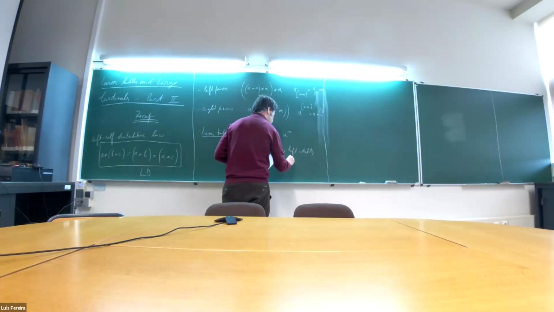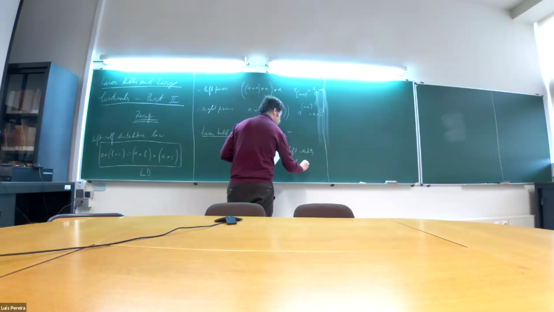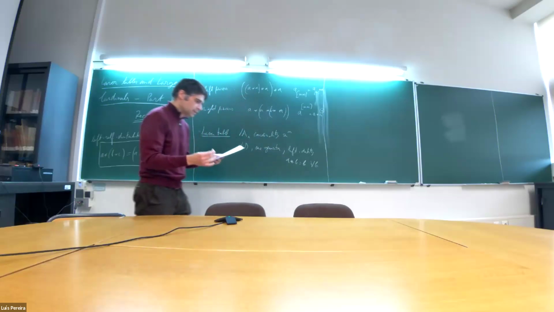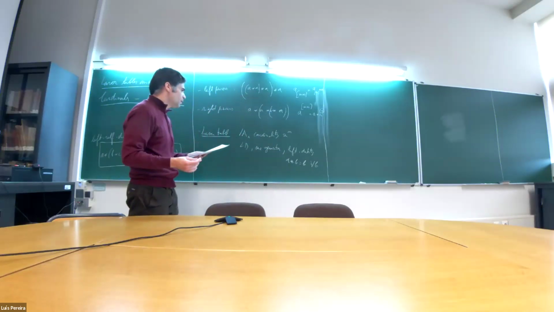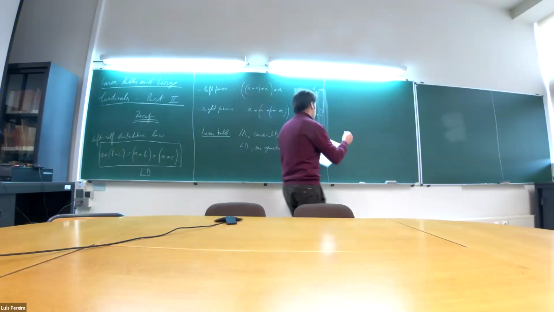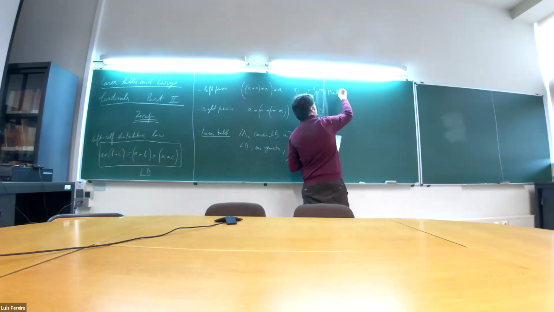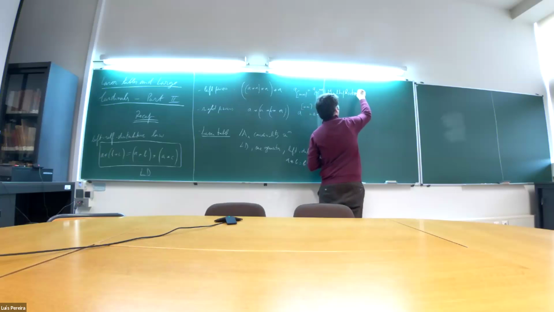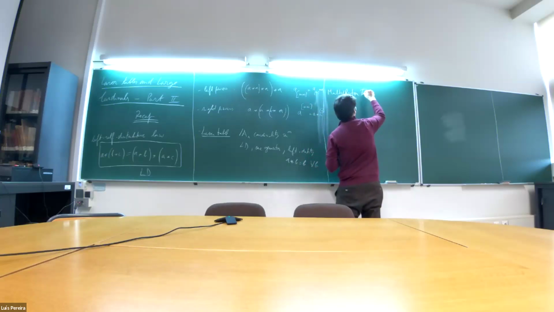So it has an element that acts as an identity. The only property that we need about Laver tables has to do with their multiplication tables,